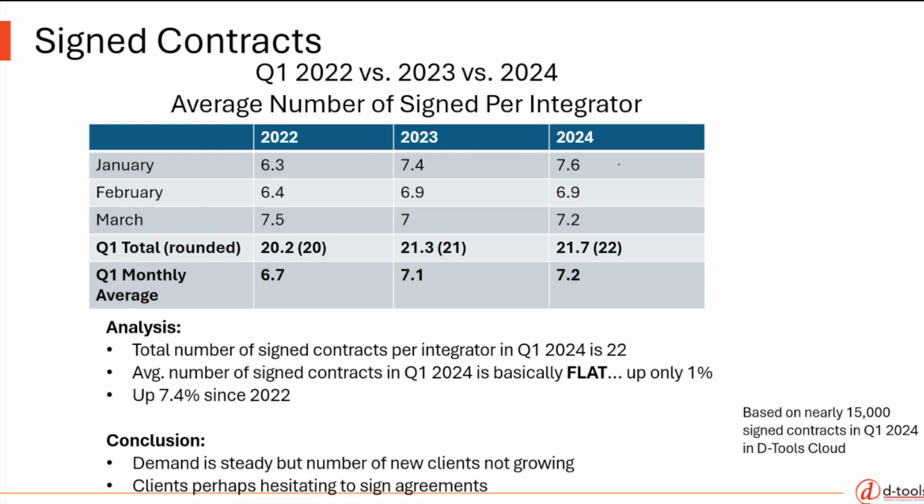We saw there were more proposals, but that didn't necessarily translate to more projects. Why? I'm hearing anecdotally from a lot of integrators that there are projects on hold. A lot of customers are pushing back some projects. Again, speculation on our part. We don't ask why that's happening. But that'll give you a sense of what's going on from the actual signed contracts. There's 2024 circled so you can see it.